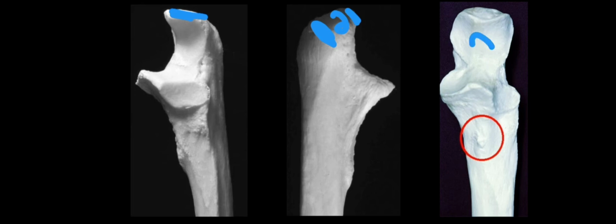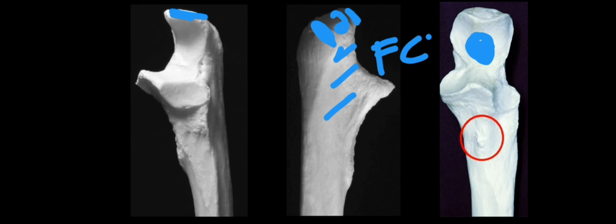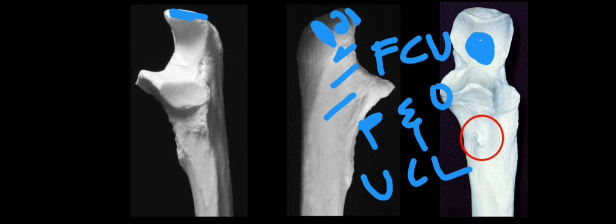Next, the anterior surface. It is smooth and forms the upper part of the trochlear notch, and medially it gives attachment to three structures: the ulnar head of flexor carpi ulnaris, and the posterior and oblique bands of the ulnar collateral ligament. And next, on the lateral surface, it gives insertion to the anconeus muscle. On the posterior surface, it is triangular and subcutaneous. It is related to a subcutaneous olecranon bursa.